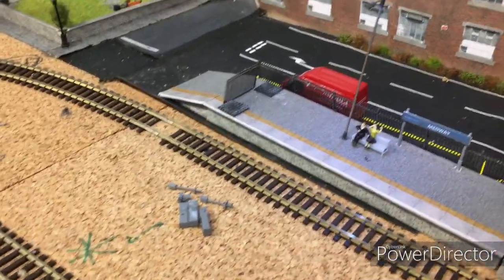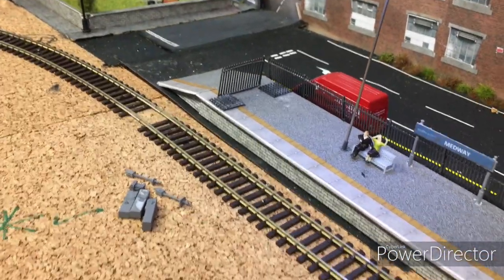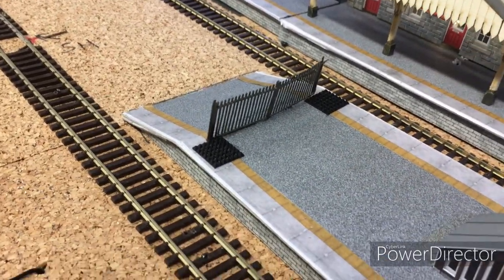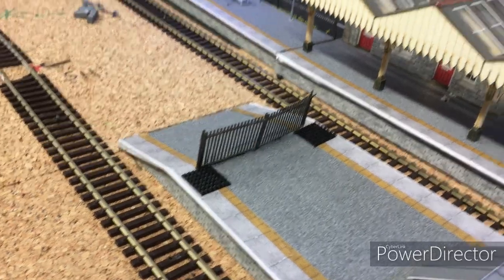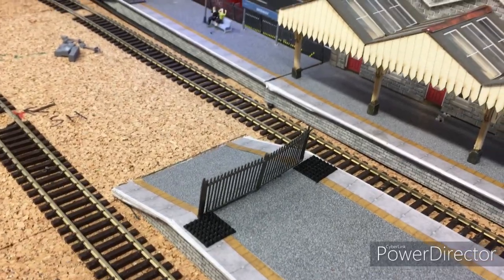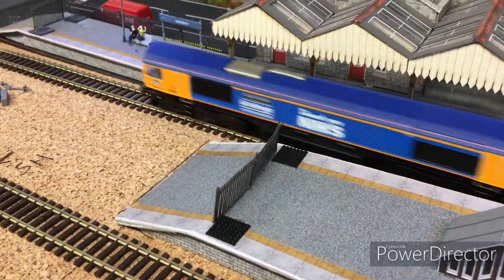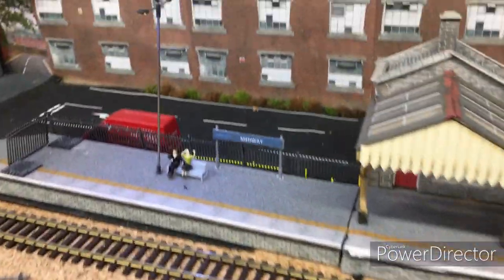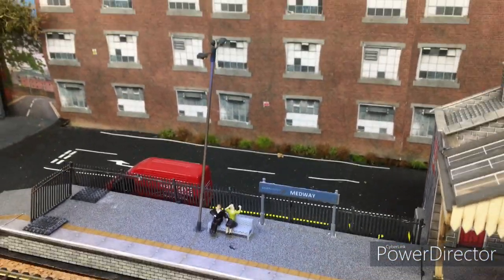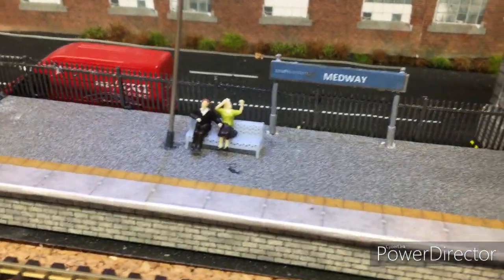Okay, let's get up to date on what's been happening on the station side. So as you'll see, at the end of the platforms are the anti-trespass pads and the gates to stop anybody from getting off the platform and getting onto the track. Here comes Captain Tom Moore, just having a run in. You'll see that I've put in the remainder of the station fencing. We've got lights. I've made up some signs,